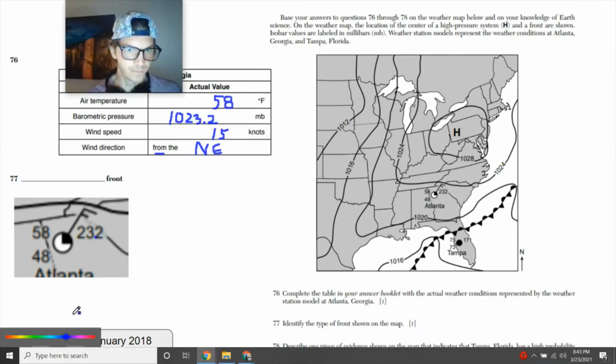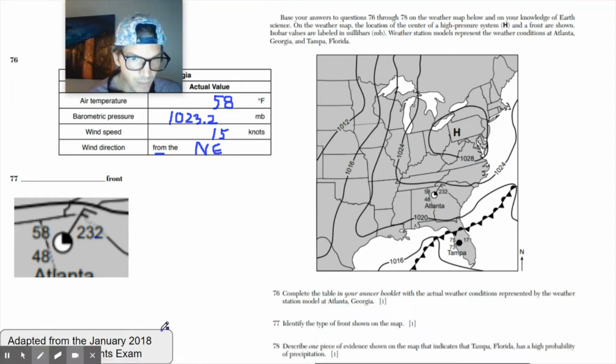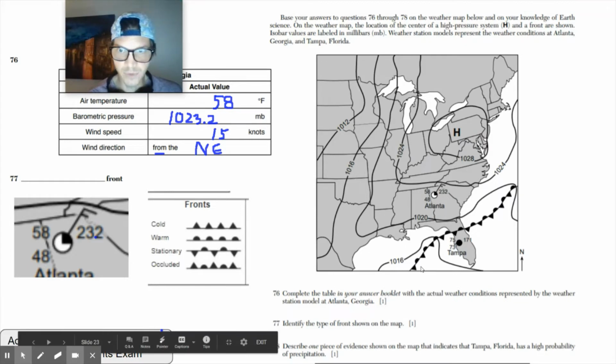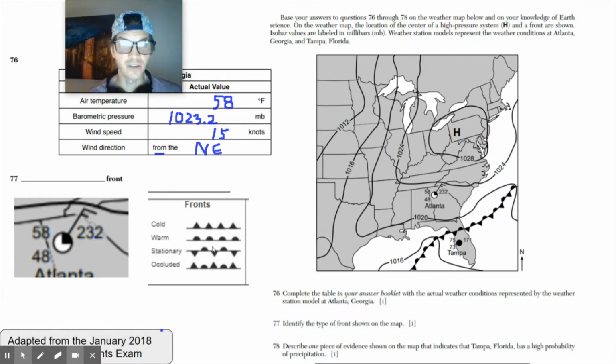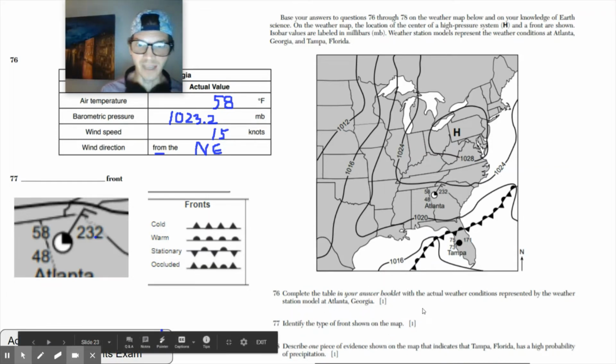Well, for that one, I'll need to go into my ESRT. So let's go ahead and pull that up. So we're just going to match this map symbol here. So this is a stationary front being shown close to Tampa. And 78 asks to describe one piece of evidence shown on the map that indicates Tampa, Florida has a high